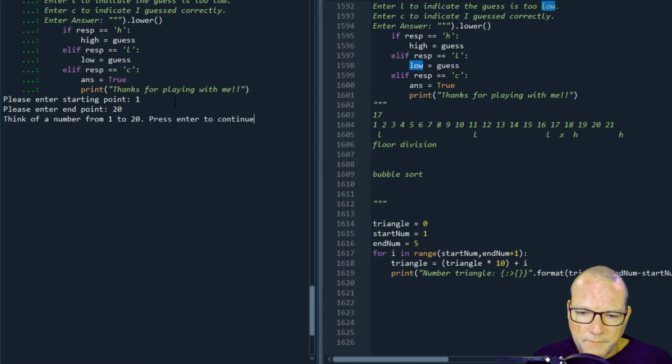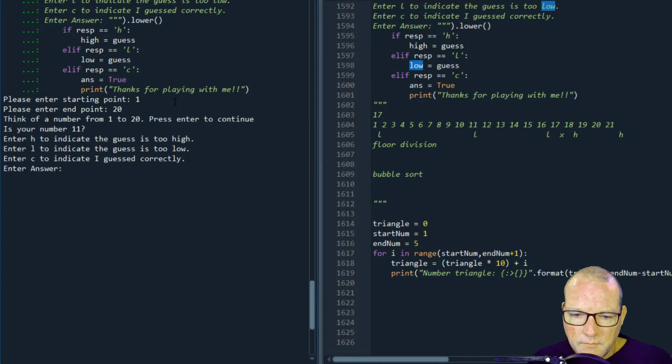End point of 20. All right. So the computer's first guess is 11. And this is too low, correct? Or are you asking a scenario, what happens if they accidentally put in H for too high? What will happen?